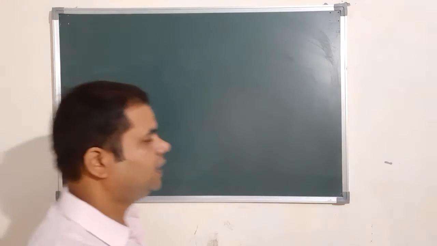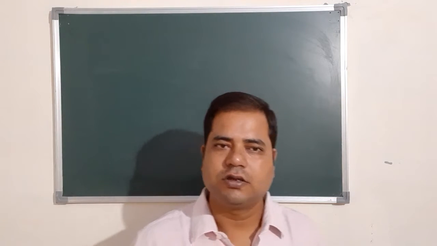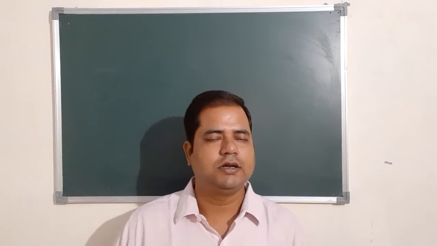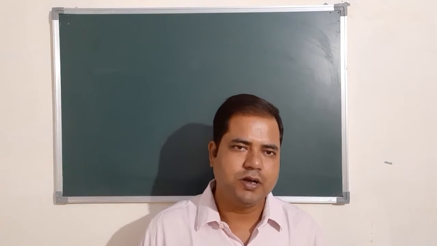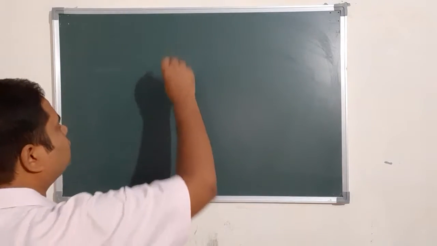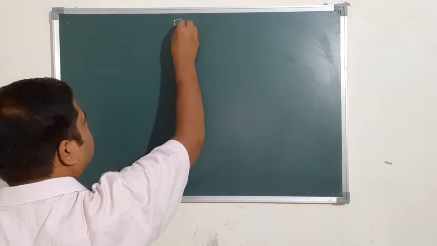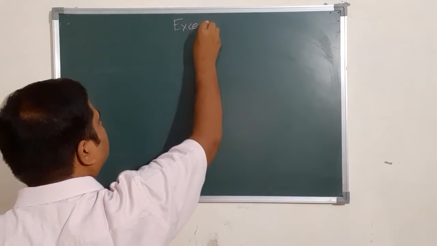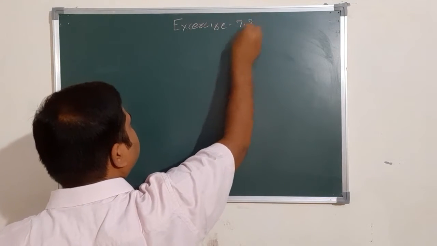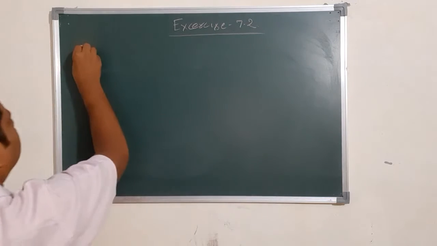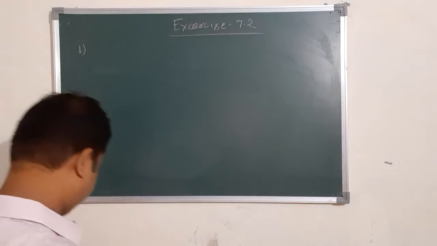As we had already discussed the section formula, centroid, and so on, today we start exercise 7.2. The first question of exercise 7.2 is